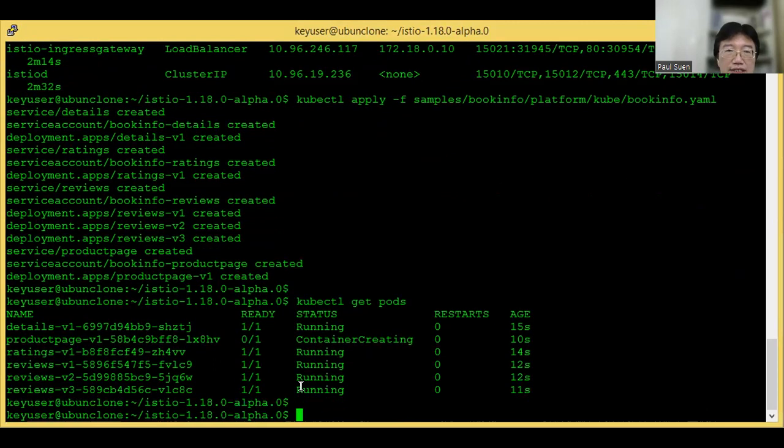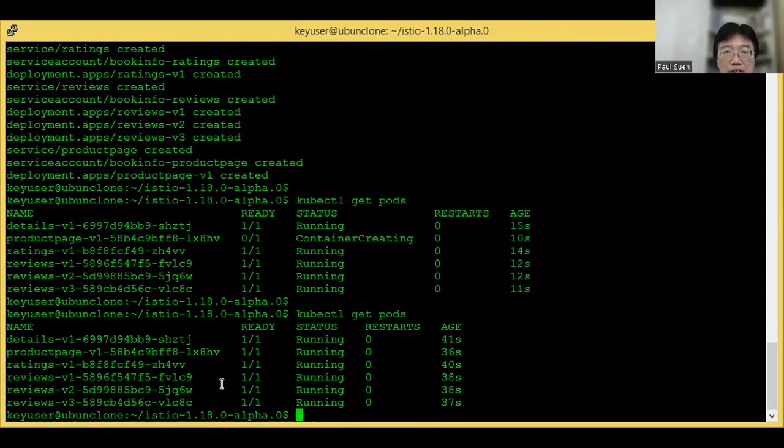So as you can see here, each Bookinfo application pod is just running one container on its own without any sidecar working next to it. So they can be brought up and running in a quicker way.